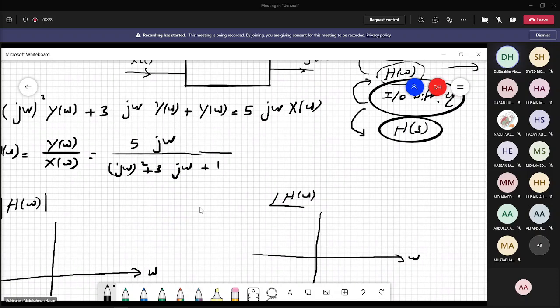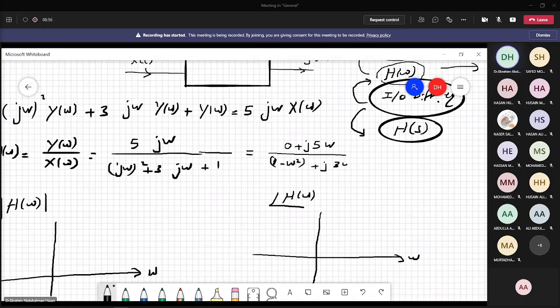Notice now: the numerator is 0 plus j5 omega. And j omega squared equals minus omega squared, which is real. So the real part of the denominator is 1 minus omega squared